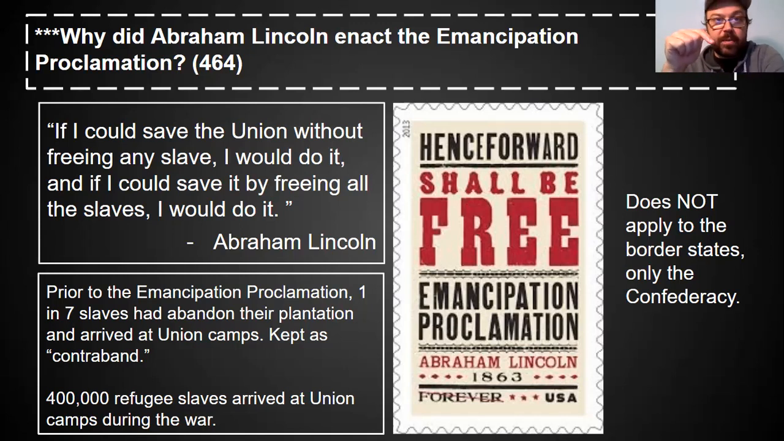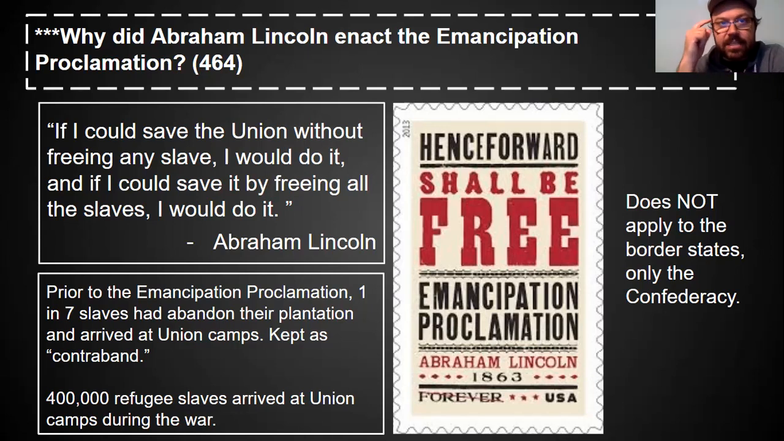Take a look at this quote right here from Abraham Lincoln at the beginning of the war. If I could save the Union without freeing any slave, I would do it. Right? So his whole goal is saving the Union. But then look at what he says next. If I could save it by freeing all of the slaves, I would do it. So he's saying emancipation isn't the goal of this thing. If I can bring everybody back together and we can move on as one country without freeing any of the slaves, cool. That's what it takes. But if what it takes is to actually free all the slaves, I'll do that too. And that's the reality that they're going to realize,